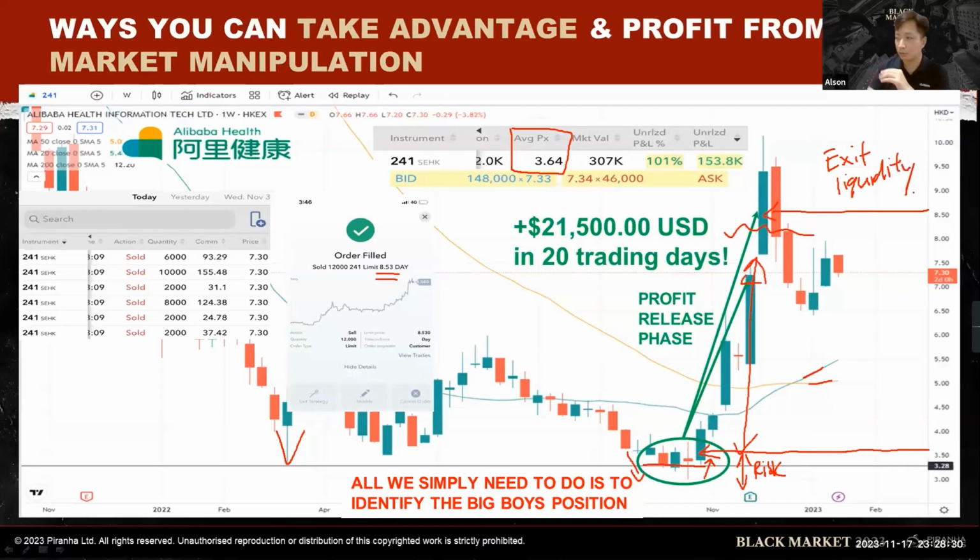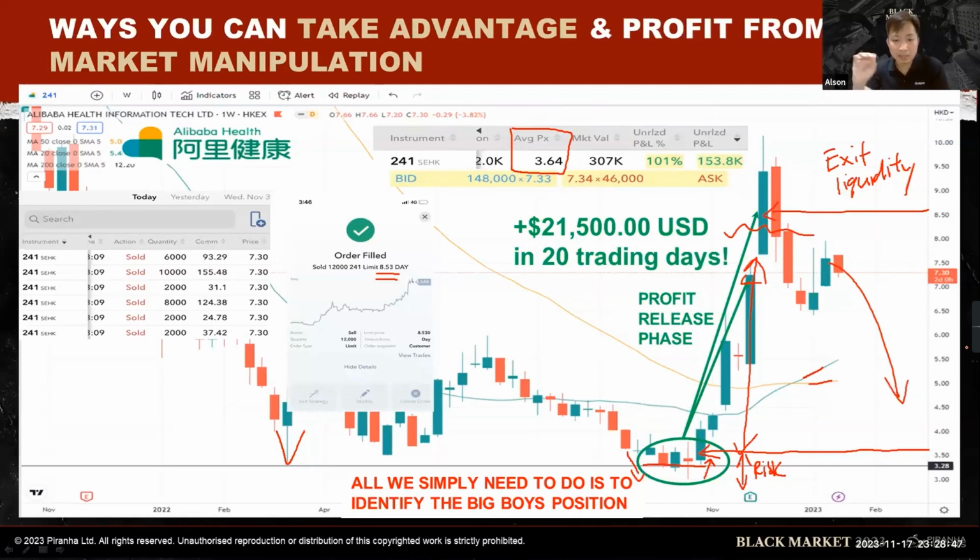The market maker knows. So the market maker buys before the 20 crosses the 50. Then when the 20 crosses the 50, retailers come in, and market makers sell to the retailers who think that the trend has changed. Right? And then maybe the retracement people still buy. I can tell you it will do a full retracement. In fact, this is what it did, 241.